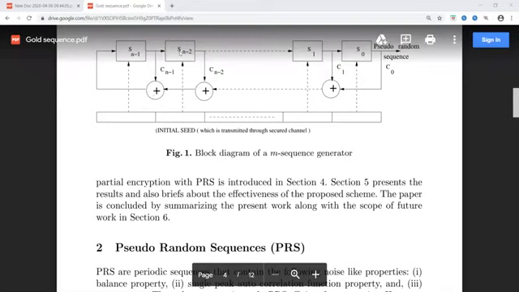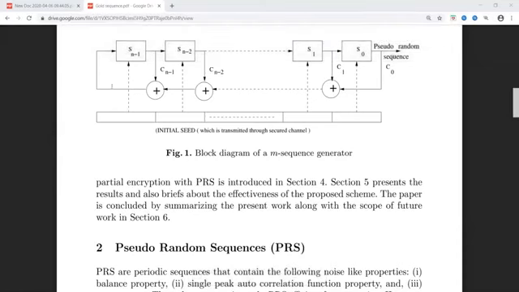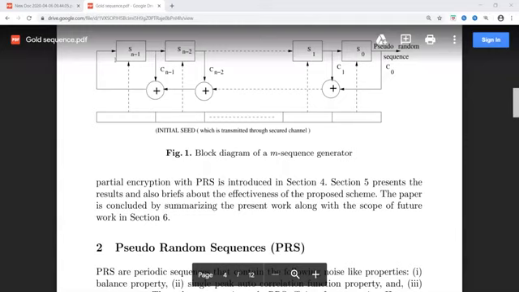The resultant output obtained by the modulo operation at the final stage is then fed back to the first shift register. So this resultant output we are getting here is an M sequence code. This is also a pseudo-random code.